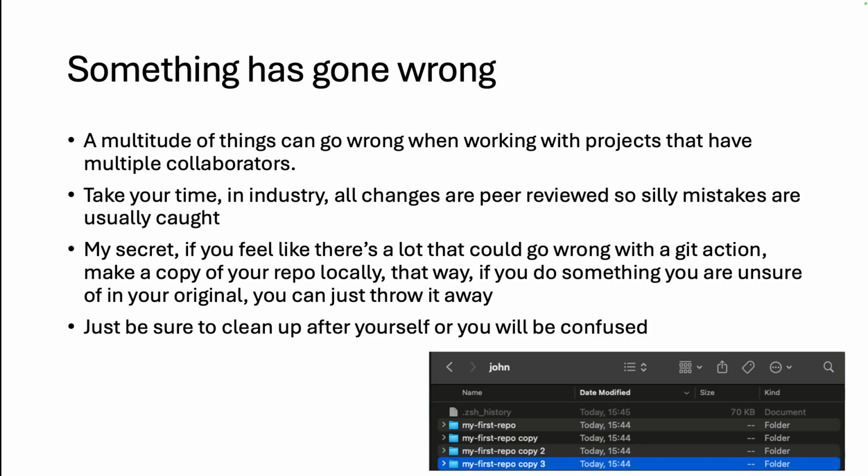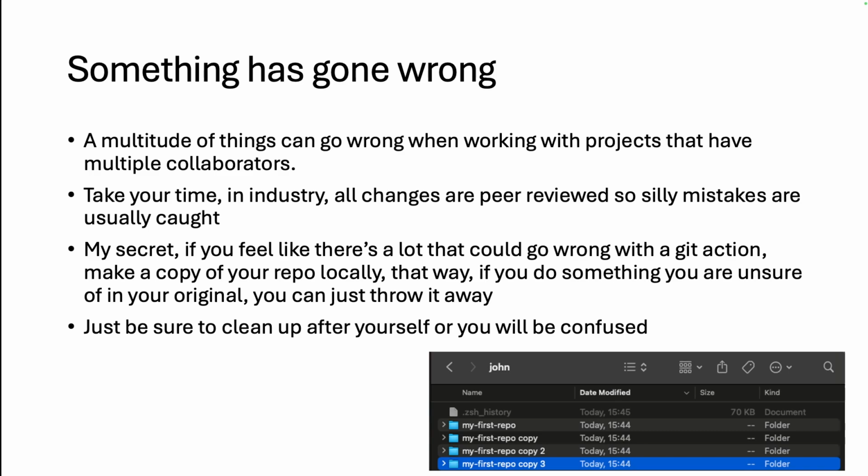When something has gone wrong, a multitude of things can go wrong when working on projects that have multiple collaborators, typically around incorrect merging or commits or detached trees. But take your time. In industry, all changes are peer reviewed, so silly mistakes are usually caught. Kind of what I end up doing, if I have no idea what has happened with Git here,